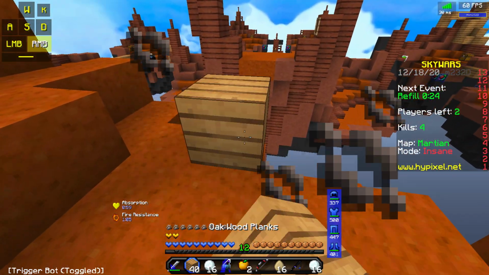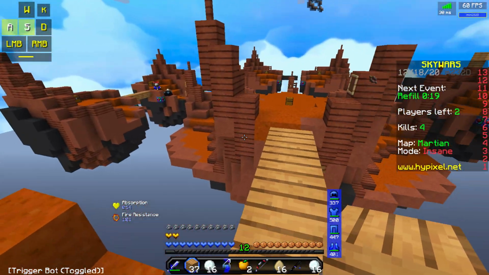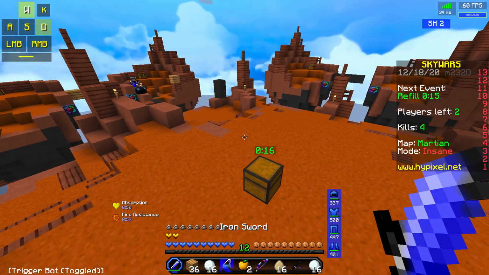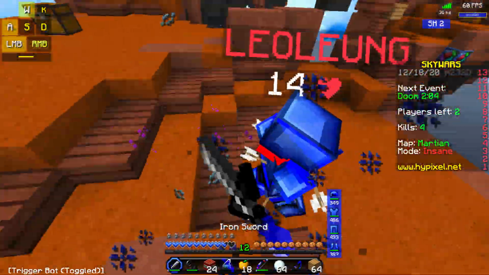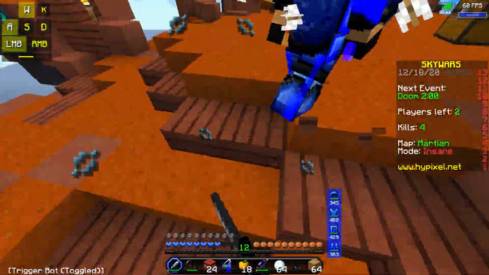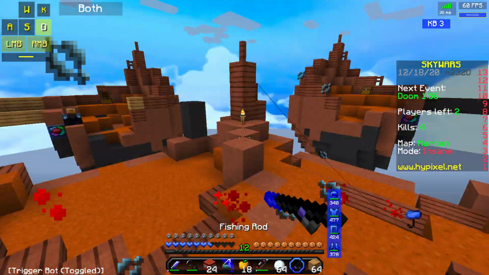And now all we need to do is, I guess, bridge over here. This is the last guy, so let's just not get egged off or fall off the map. And he's definitely plotting something over here. How did he get pearls? I don't remember him going to middle. Or did he just go some sort of kit? I don't know. Oh, he's also taking no knockback, so we're just gonna...